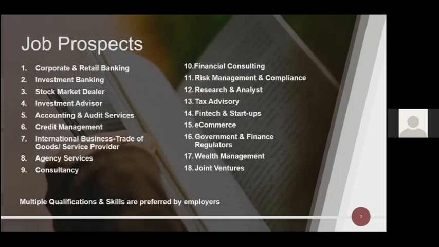So investment banking is an emerging career, and CFA, the one which I mentioned in the previous slide, Chartered Financial Analyst, has a lot to do with investment banking. So if you decide that you want to go into investment banking, then I suggest that you definitely do CFA. And CFA also has a lot of demand in other areas as well. It is a wonderful course with very high demand in India as well as abroad.